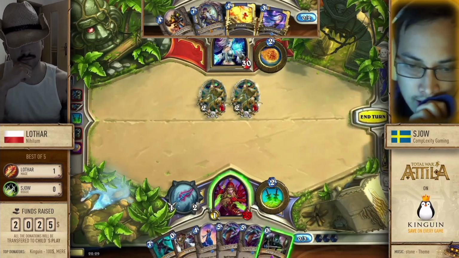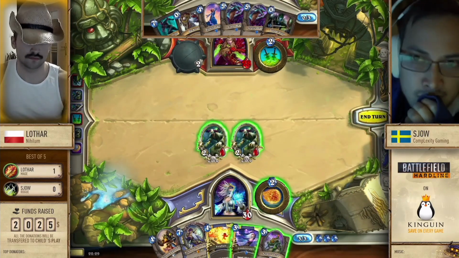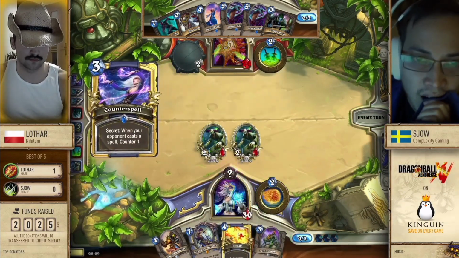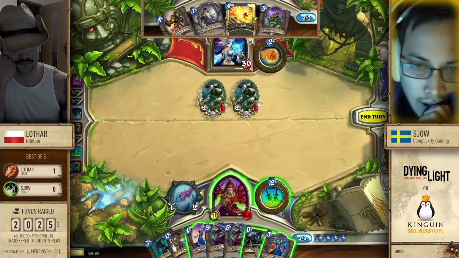So Sjow is going to take his time answering this. Yeah, unfortunately for Lothar, he actually revealed his counterspell in his very first match against Sjow. So I think if Sjow has done his scouting, he'll know that counterspell is indeed a possibility. Yeah, so counterspell is actually coming down right here,